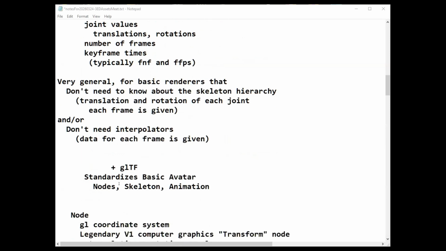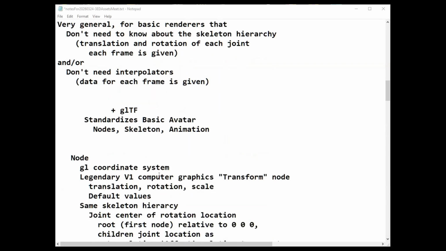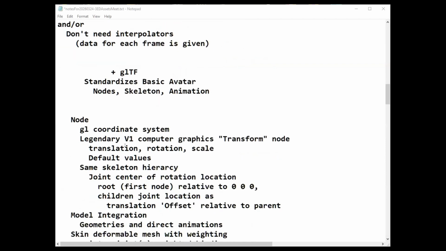So, okay, then we can move to glTF, which really standardized some basic avatar nodes, skeleton, and animation. In my simple view here, glTF gives us a node that's a transform, in the GL coordinate system, and it uses what I call the legendary graphics transform node, which is translation, rotation, and scale.